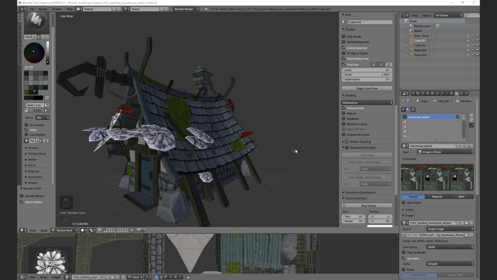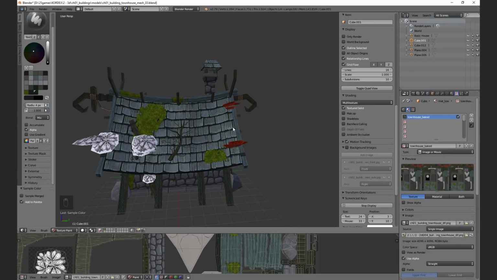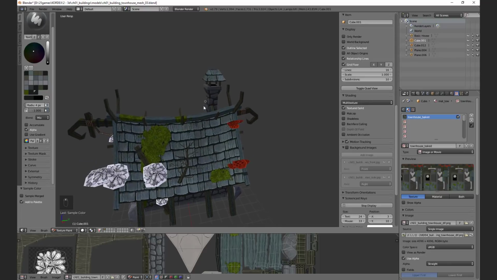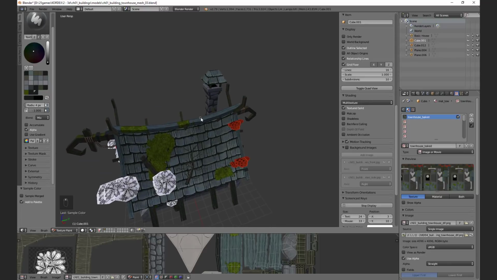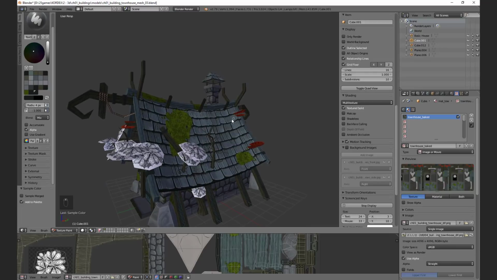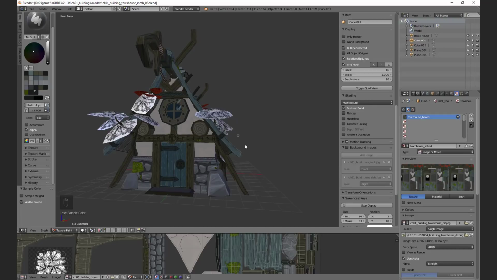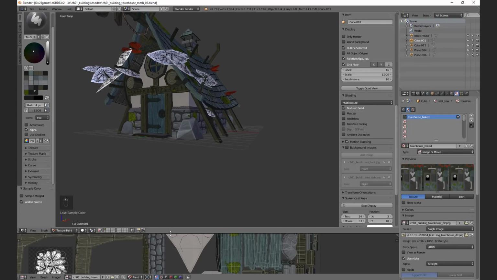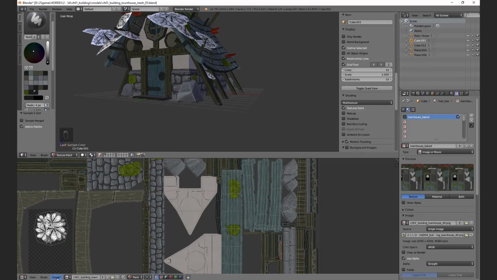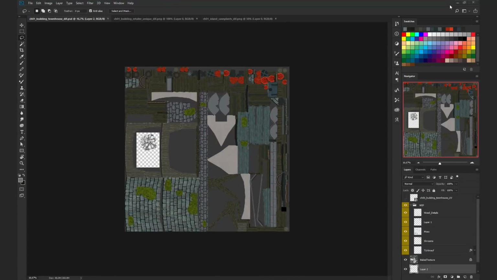Well, I'm pretty happy with the result right now. For sure there can be some more details drawn, but for now I think it's okay. What we need to do now is save the image again: save as a copy, save image. And here I save as well. And now I can head back to my